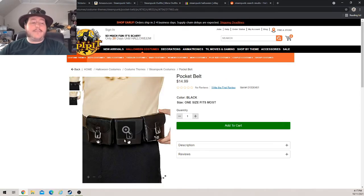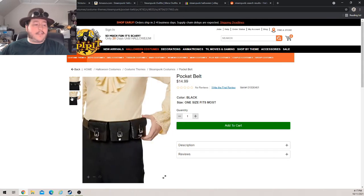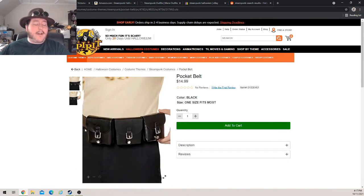Pocket belt. We love our bandoliers. We love our pouches, especially of leather. I highly doubt these are leather. These are probably pleather or whatever. I'm not sure if they come with a belt or if you can take them off. But if you can take off the definitely crappy belt, if you just needed some pockets like this and you